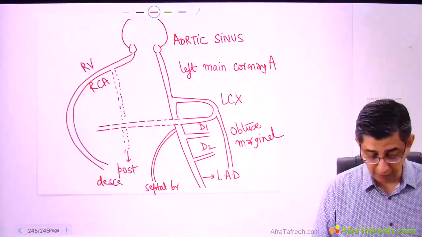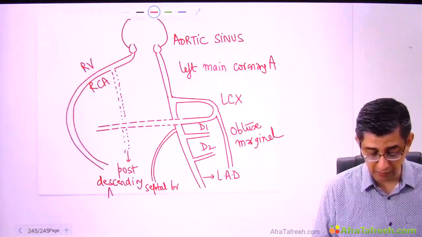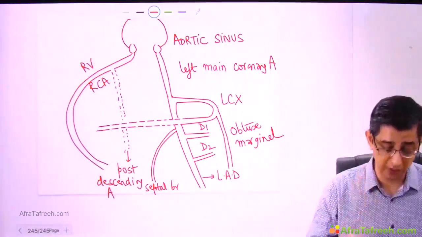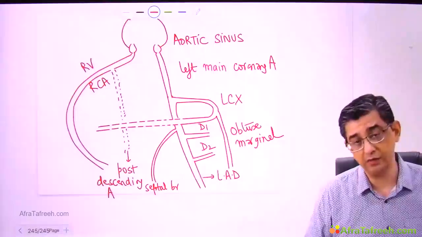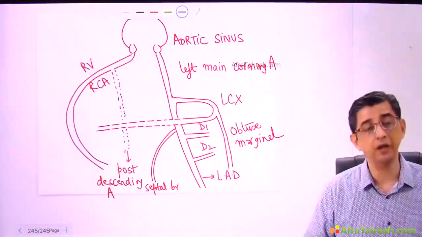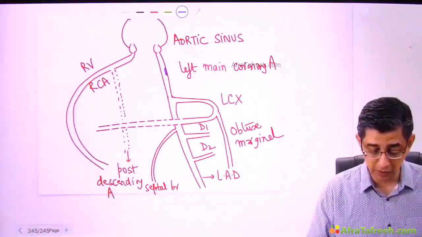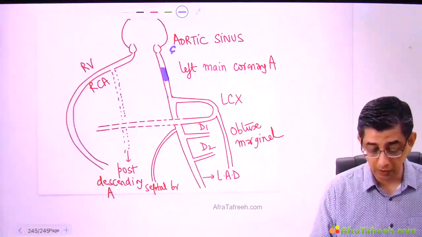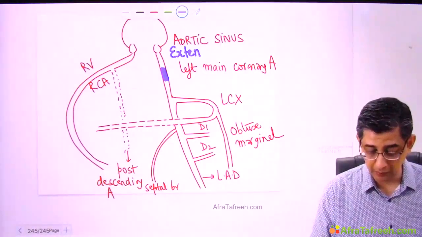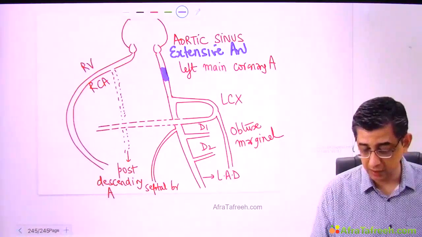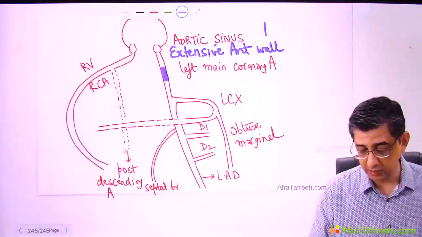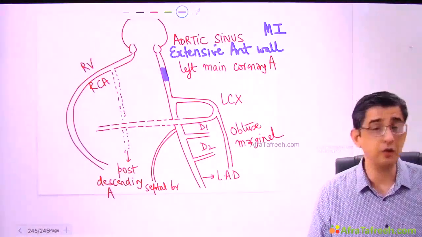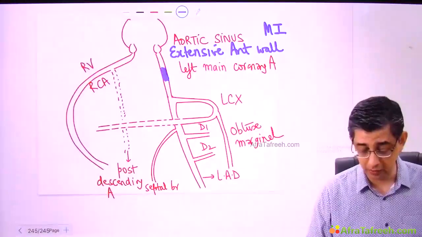Now I'm saying that when it comes to the posterior descending artery, if this gets involved, then it can be posterior wall MI. In fact, for posterior wall MI, I said there are two blood vessels, the posterior descending artery as well as the left circumflex artery, and either of the two can be affected. The objective of this exercise is to sensitize you to the fact that if a thrombus occurs in this blood vessel, then the type of MI that will develop is extensive anterior wall myocardial infarction. As I highlighted, cardiogenic shock would develop in the person. That patient may not reach the hospital; he might die in the ambulance or on the way to the hospital.